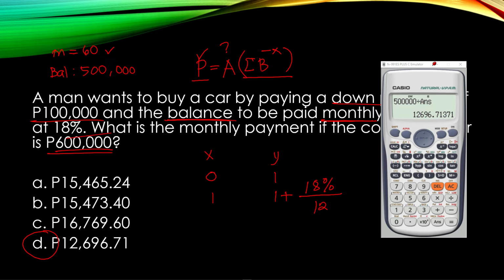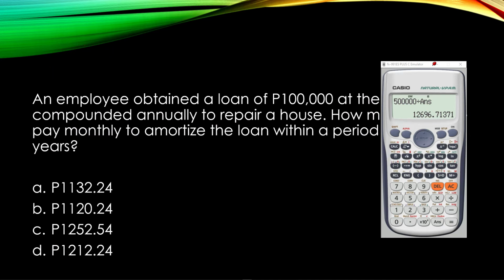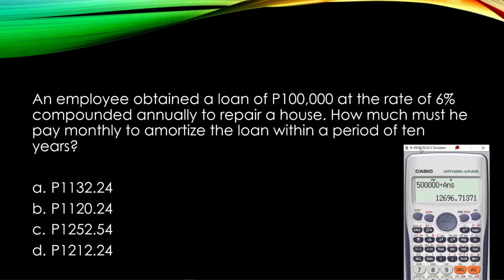Okay, so let's try another example. Further polish your knowledge. Okay, this one. An employee obtained a loan of 100,000 at a rate of 6% compounded annually to repair a house. How much must he pay monthly to amortize the loan within a period of 10 years? Okay, so medyo tricky siya, no? Kasi nga,